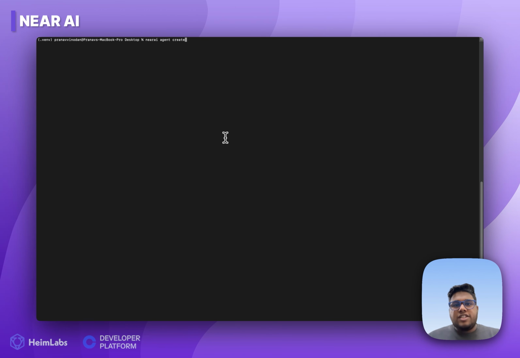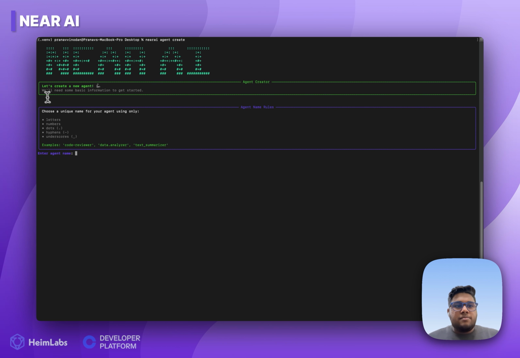It will give me a small GUI-like interface which shows the NearAI logo with some basic commands, like let's create a new agent. So first of all, let's enter the agent name. I'll keep this agent name as test one. Once it is done, let's enter the description as well. I'll just keep it as testing agent.